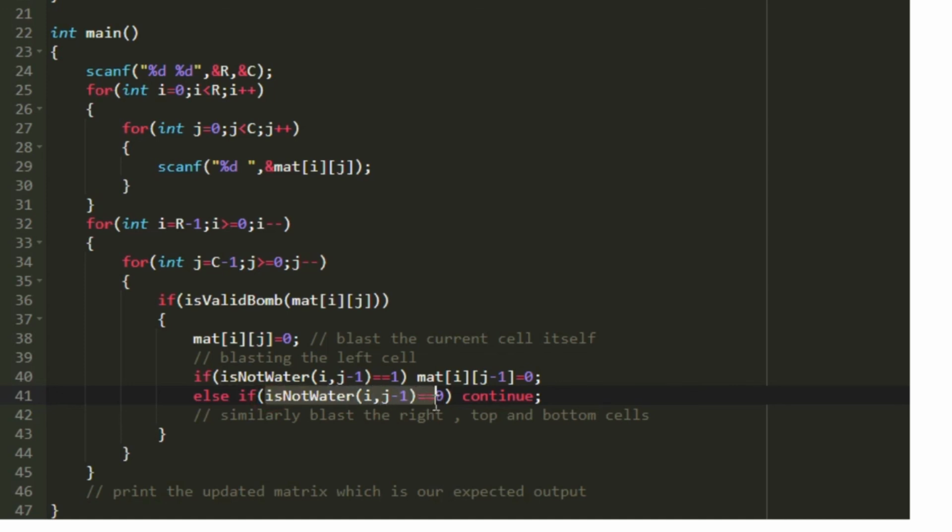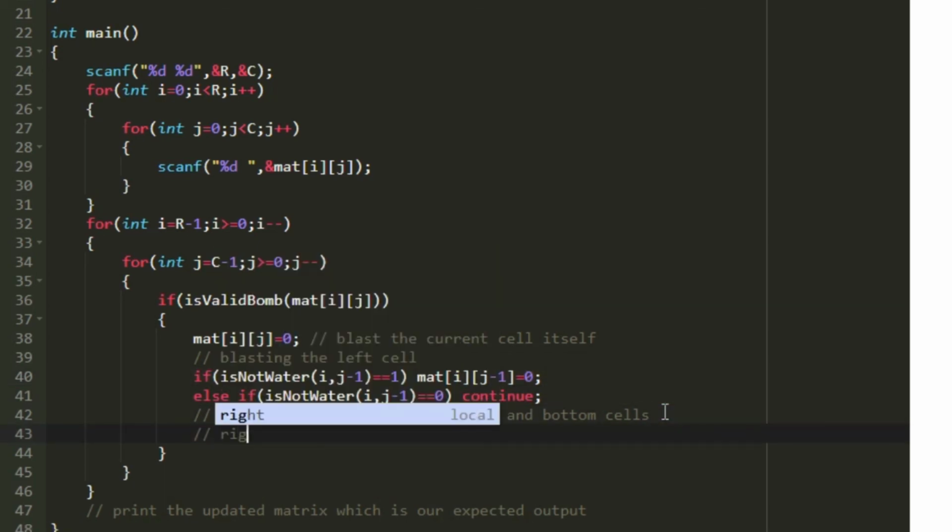Only when the cell is water, we should not be checking the remaining adjacent cells. So only when the function returns 0, we will be executing this continue statement. When we execute the continue statement, all the statements after this will not be considered. So this is how we will be avoiding checking of the remaining cells. So this is for the left adjacent cell.